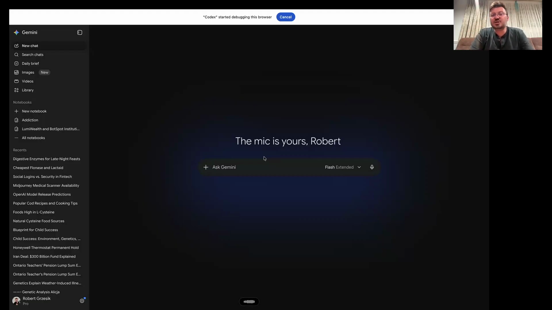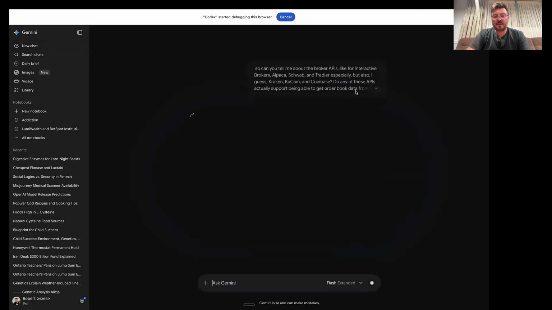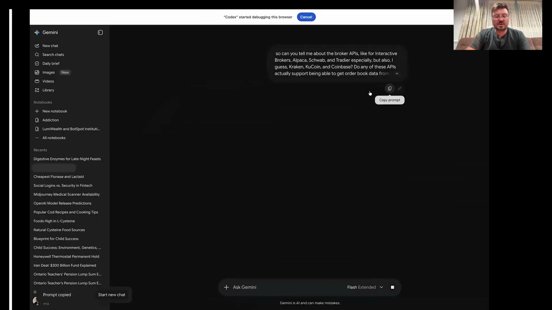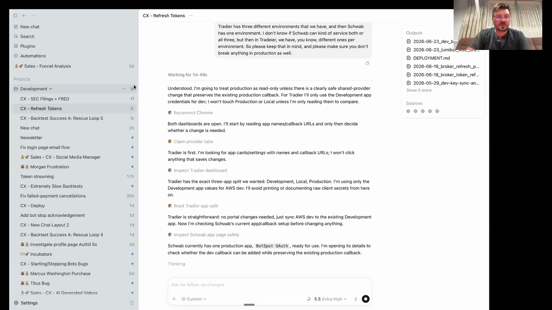Actually search. I'm thinking I should probably use ChatGPT for this, so it'll probably be better. Can you search their actual API docs and tell me which ones are able to support order books, or are any of them able to do that? Because we can get pricing data from them, but which of them have level two order books? I'm going to give this to Codex because I think it's just going to be a little bit better at doing this.